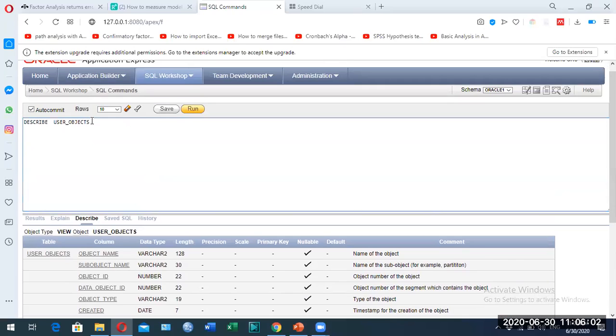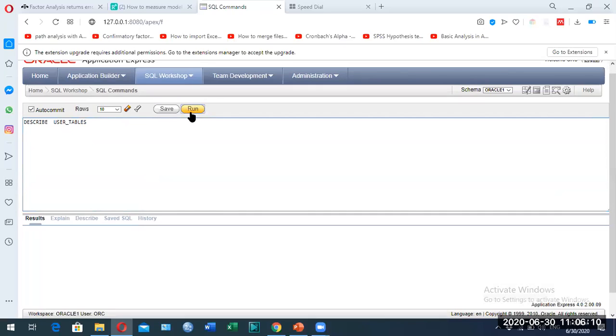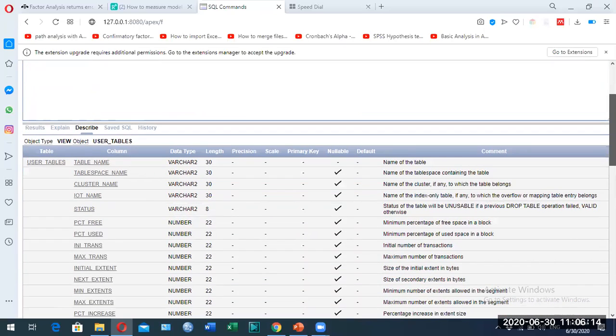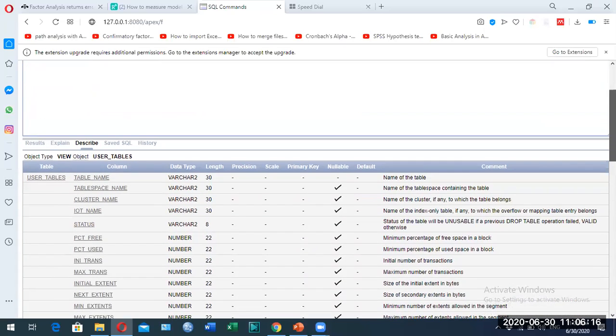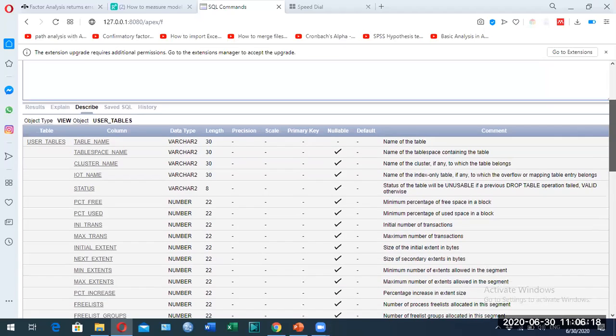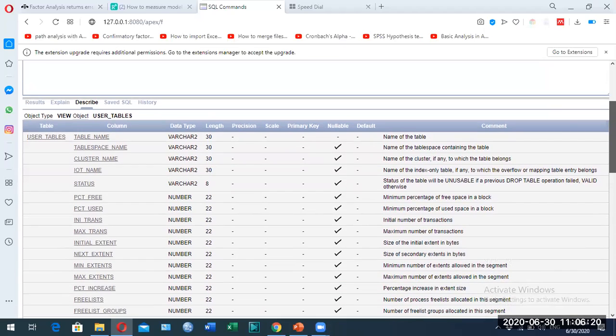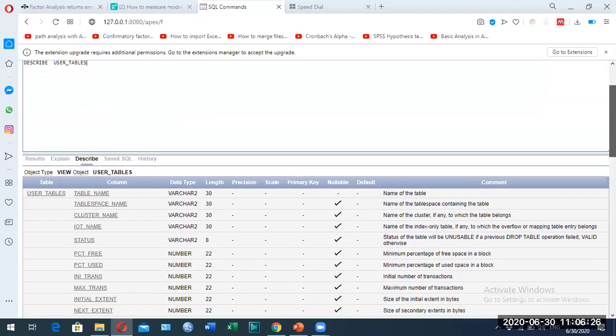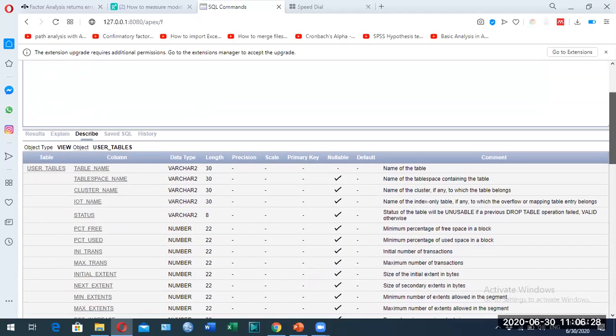Okay, if you want to see user tables, you write user tables. See the schema or structure of the table. Its object type is view. We will discuss later how to create the view. This shows the data dictionary, a complete dictionary about the database.